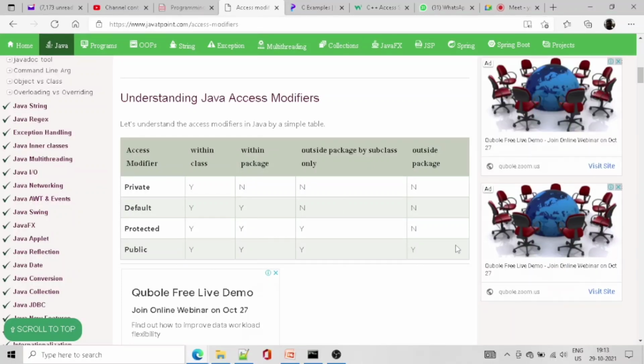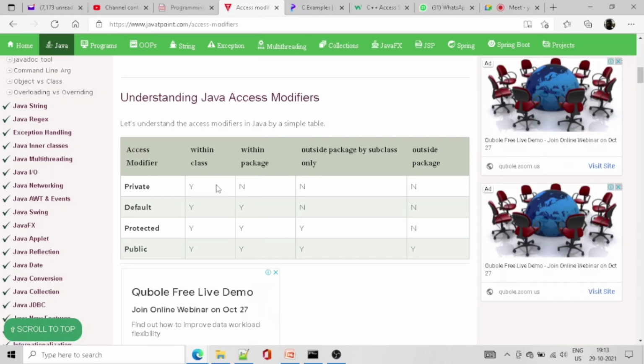So this is a table showing who can access the relevant access specifier content. In public, everything will be yes. In protected, outside the package cannot be accessed. In default, even inheritance doesn't work, it just works like private, but it can work within that package.